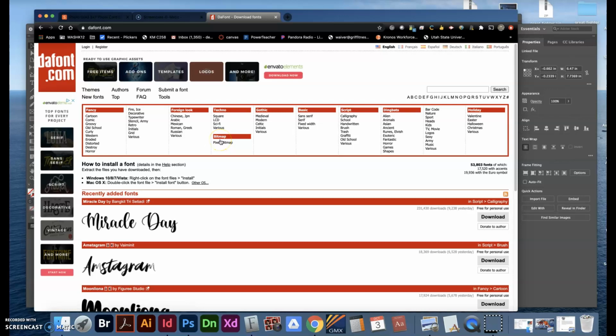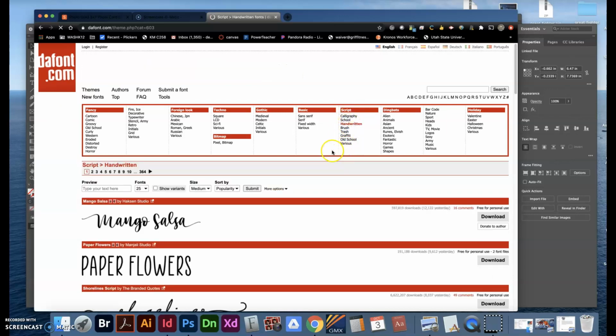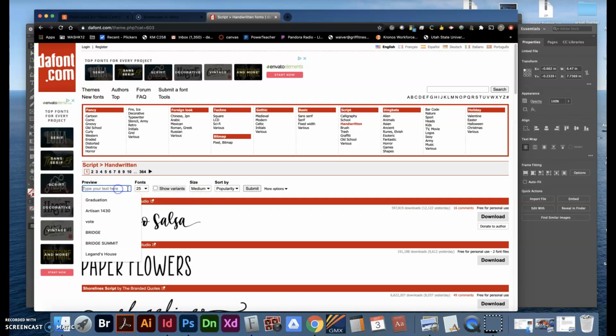At this point, you should be a little bit familiar with DaFont in that we use it for the type classification exercise. As you can see over here, we have script and we have some basic fonts, sans serif, serif. In this case, we're just going to be dealing with the script. Let's go into handwritten. Something that's really super handy is that I can go over here and go preview, and I can say